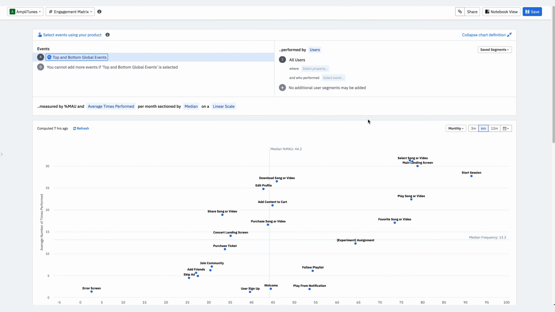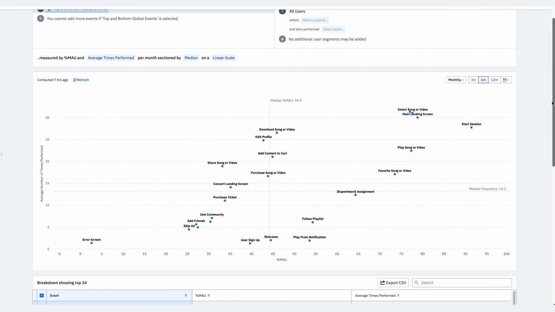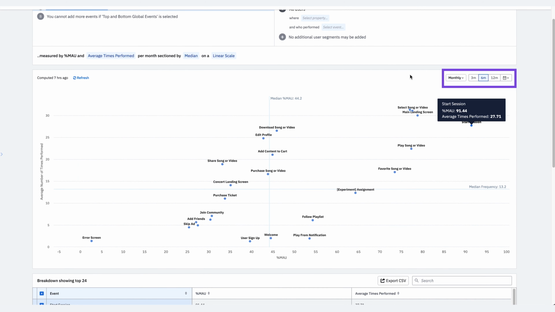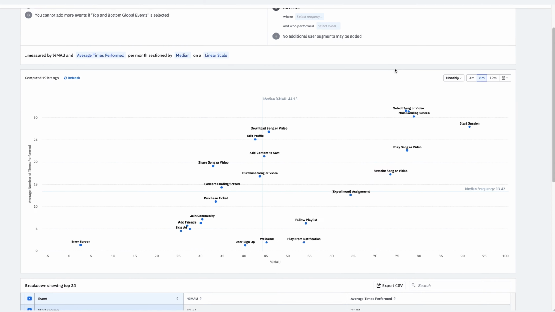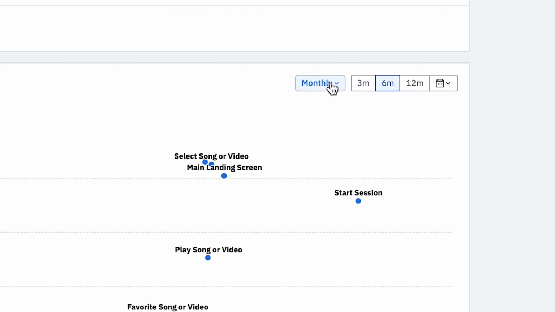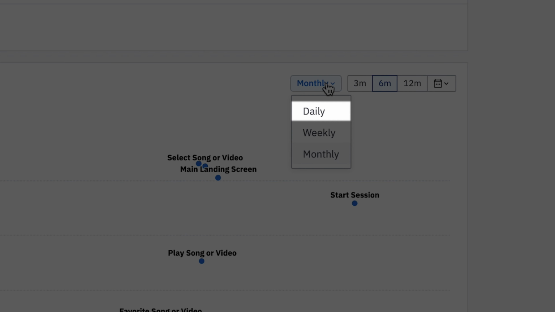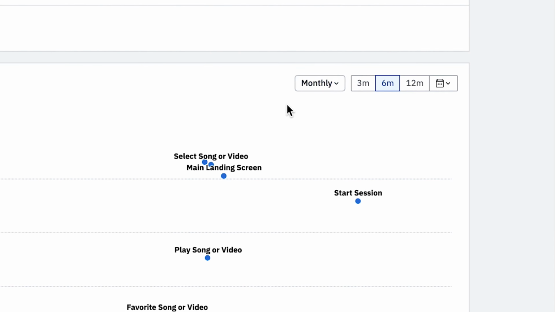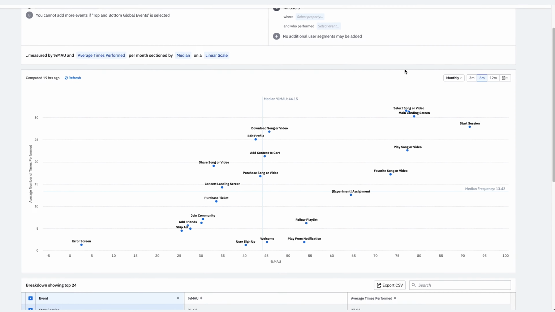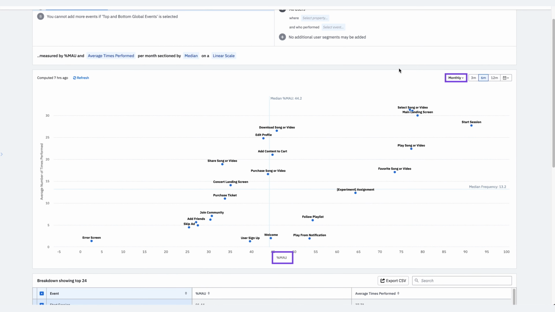dislike about our product. In the Metrics module, use the date picker to set the interval and the time frame of your analysis. In the Metrics module, you'll find a range of options to customize your engagement matrix analysis. First, decide whether you'd like to view your results by percentage of your daily active users, percentage of your weekly active users, or percentage of your monthly active users. To change this option, you'll have to change your interval to match. For example, if your interval is set to monthly, you'll only be able to see your monthly active users.